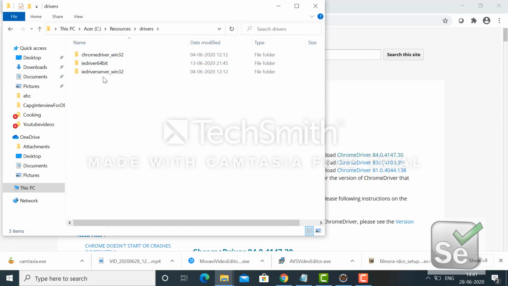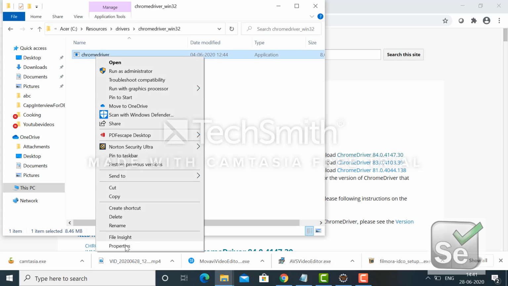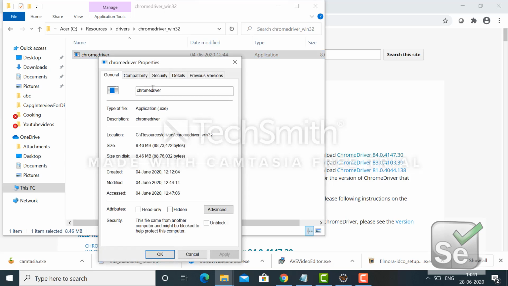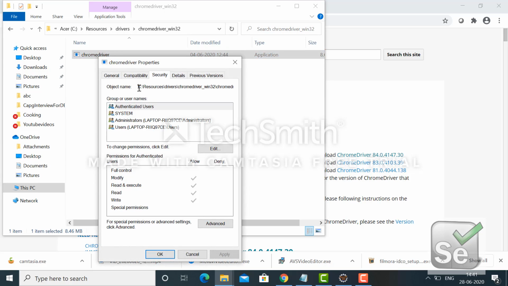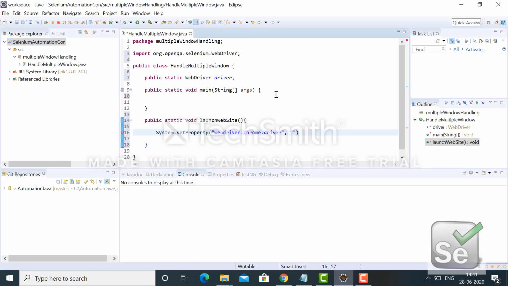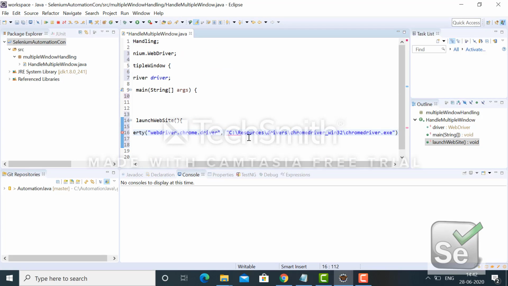I will just specify that path. Right click on that driver, go to properties, then security, where the exact location will be displayed. I'm just copying and pasting it here. Here you have to regularize the path by using slash.